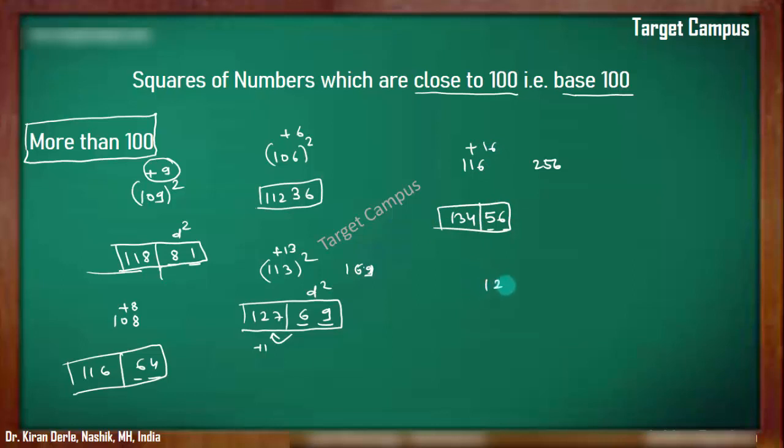Similarly 122, this is plus 22, and plus 22 square is 484. If you don't know, you can check our squares trick video. So we'll write 84 here, 4 is carried, 122 plus 22 is 144, plus 4, 148. That's the square. You can do it mentally, guys, without using pen and pencil. You will be able to calculate this in a fraction of a second. But yes, the practice is important, so make a few questions for yourself, and you'll definitely get the idea of it.